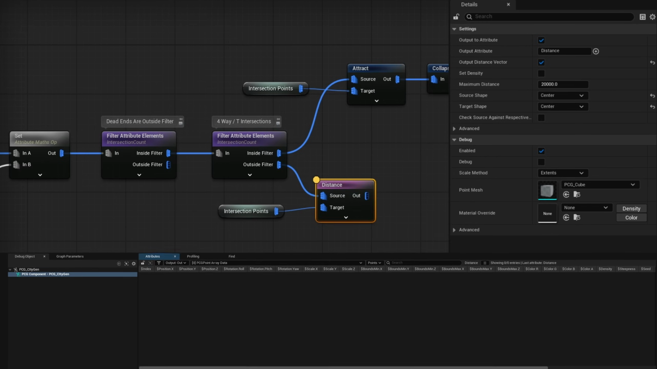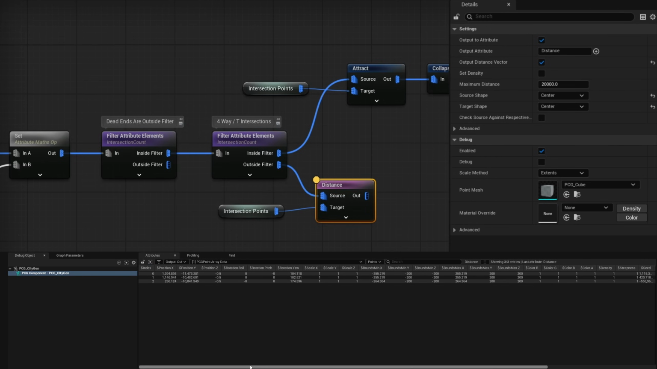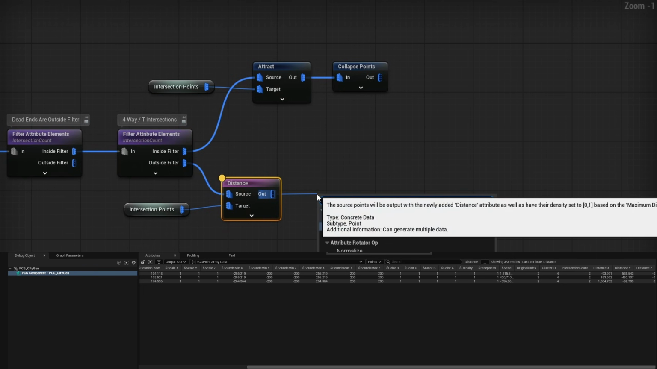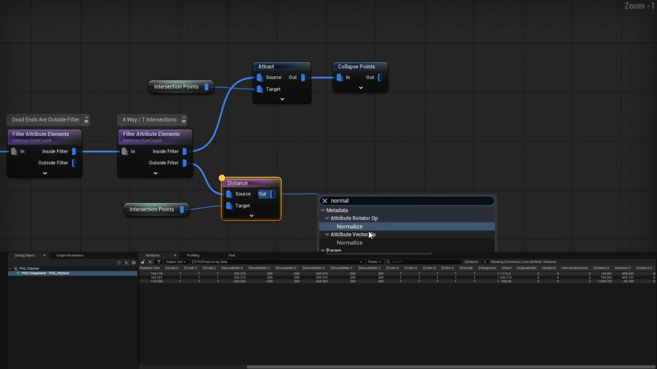So if I pressed A here and I selected one of the data layers that had information here, and scroll to the right, you'll see there's our distance X, Y, and Z. And every one of these 3 points is slightly different. So now if we take this and normalize it by doing an attribute vector operation normalize,